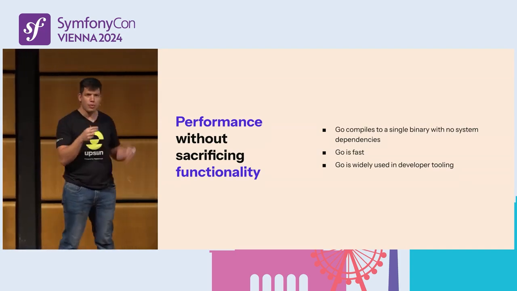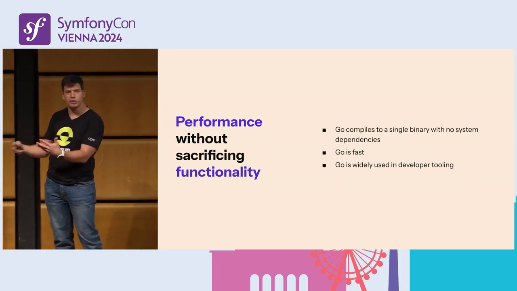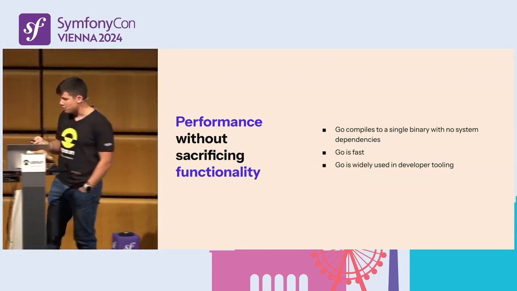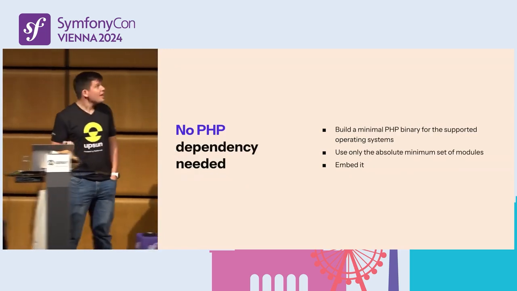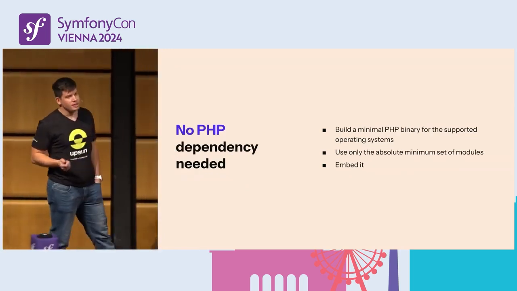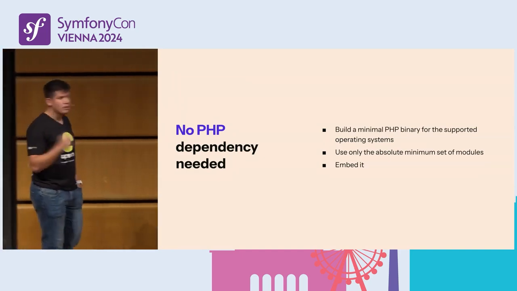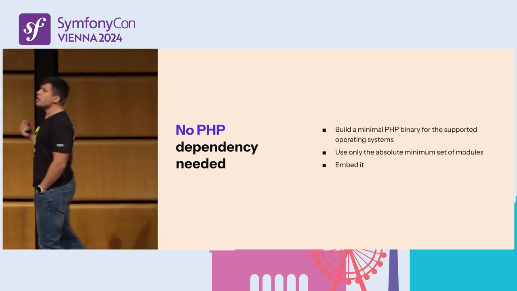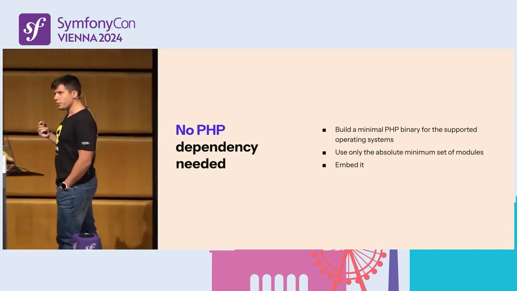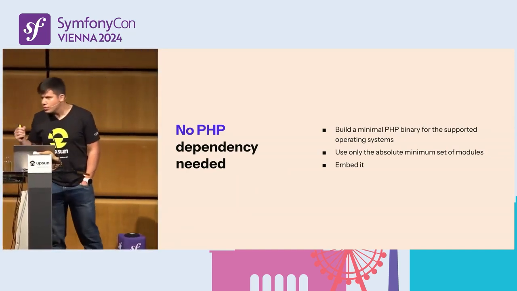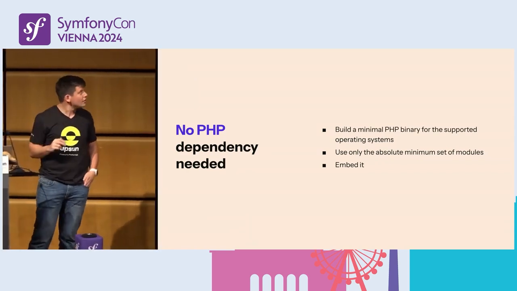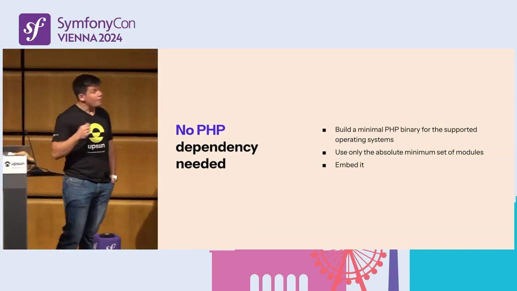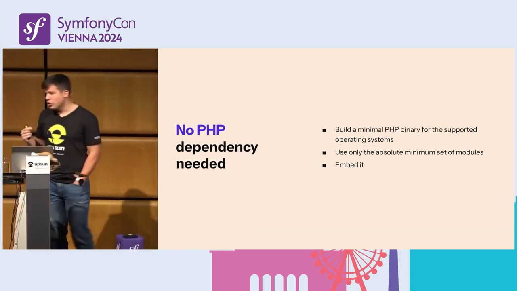So this meant that if we want to create plumbing, if we want to create developer tooling, it made a lot of sense for us to do it in the same language that other tooling is being made. And the last one, of course, was no PHP dependency. And that was maybe the hardest one, at least for us. Because, okay, how do we run PHP code from Go? That was the question. And we actually tried a few things. We even had some more, let's say, far-fetched things to go and try.